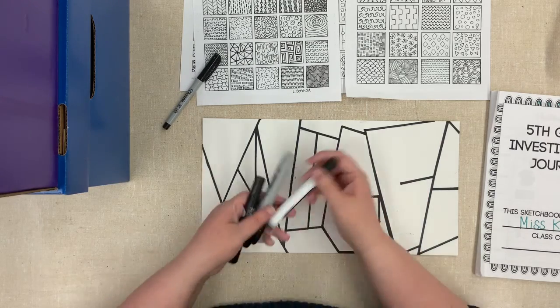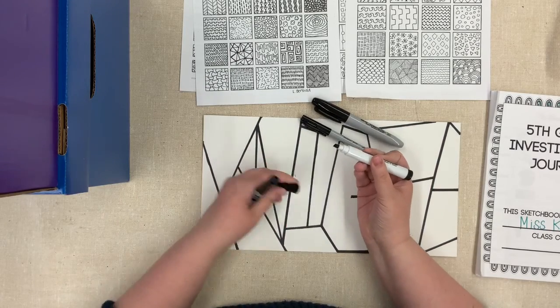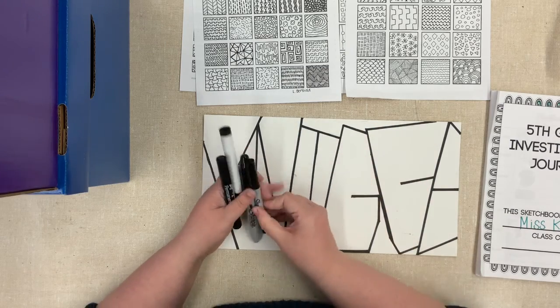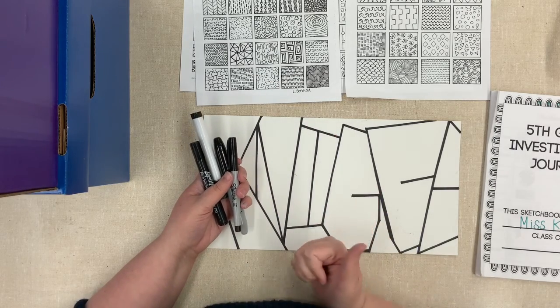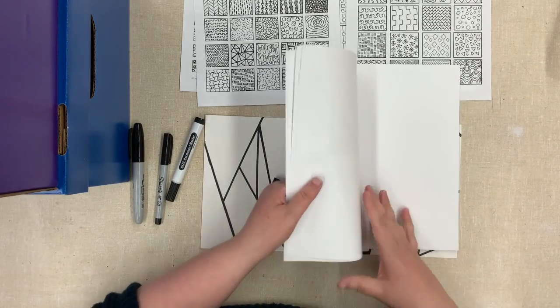And we're going to use Sharpie, my thick Sharpie. I have a skinny Sharpie. And then I have these two other permanent markers that have just a little bit different tip on it. It might give me a different shape. We're going to use permanent markers to draw our patterns, and then we will add color in a little bit. I also have my sketchbook. I'm going to open it up to a blank page because